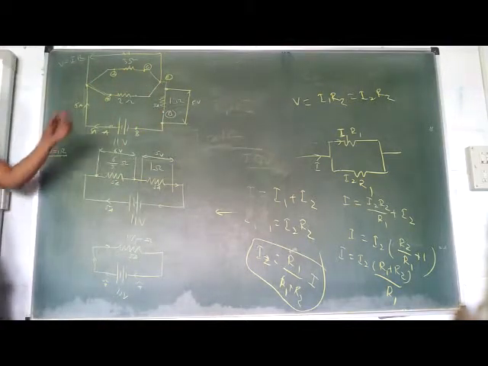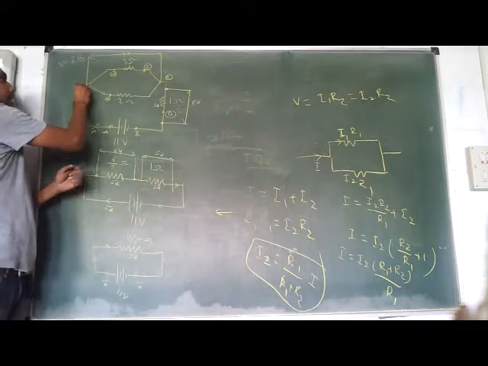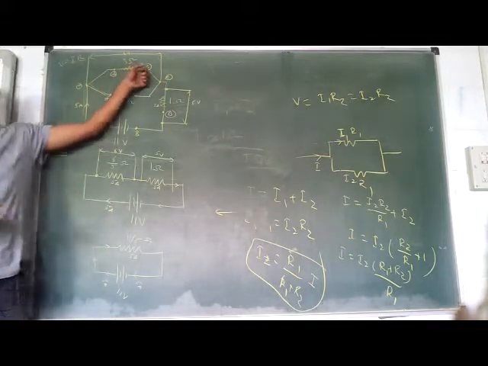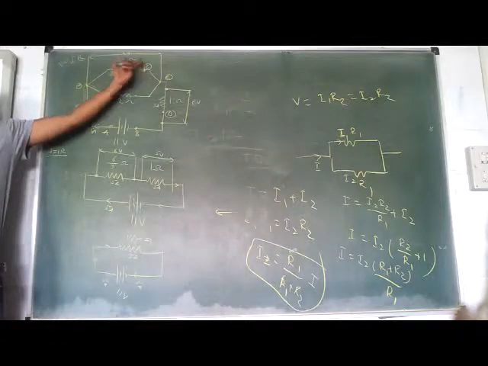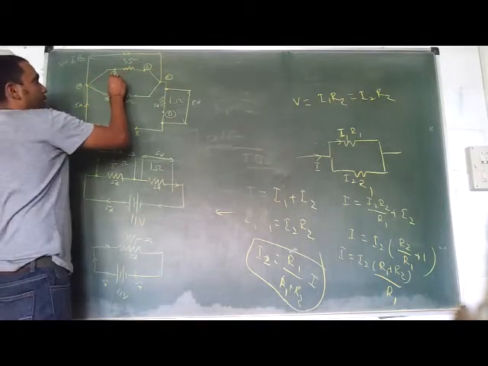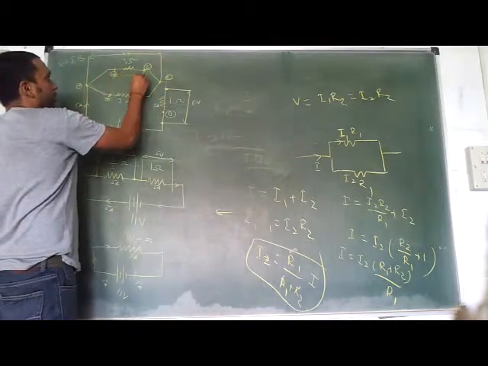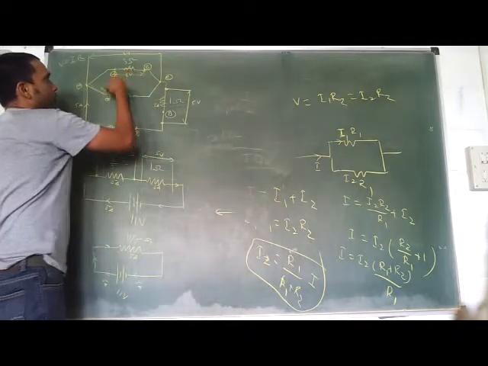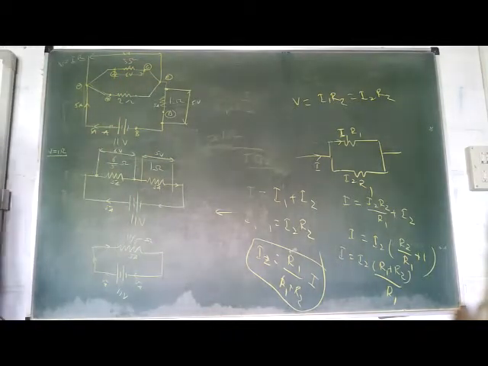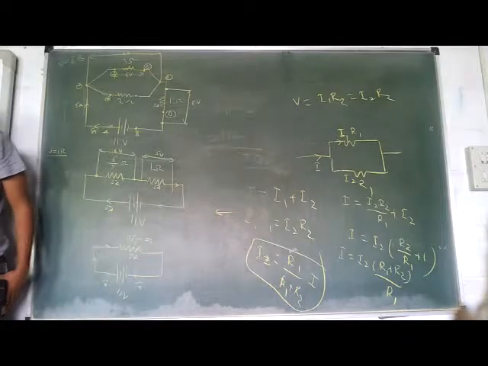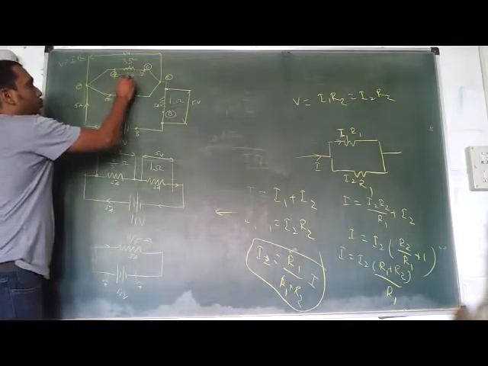So potential difference across AC is 6, so AC is 6, right? So we know the V across this. This time, instead of knowing R, we know the V across this. V is 6 volt. So how much will be I? Using V is equal to IR again, 2 amperes or not? 2 amperes.